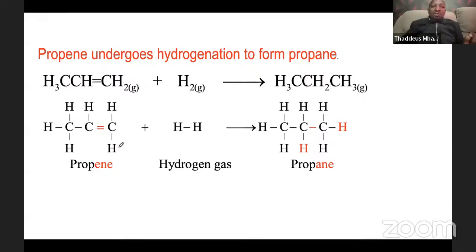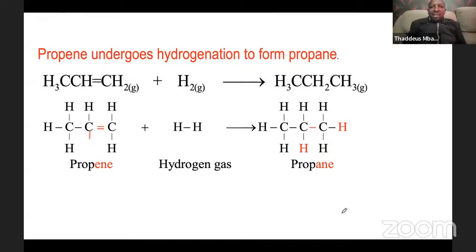So we are going to have the hydrogen. This double bond breaks to a single bond. Then one hydrogen here, one hydrogen here. You can even put it on top, it doesn't matter. It is just how we want to place them. So it is very simple. Just convert the double bond into a single bond, then add the atoms that are being added. Then you have your compound. If this is propene, it changes to propane.